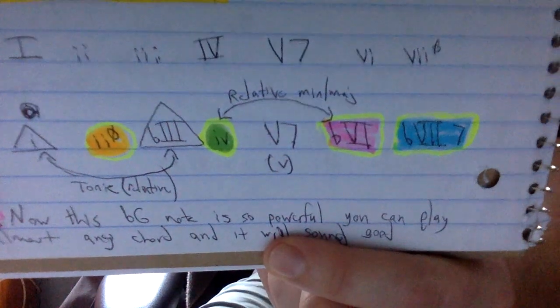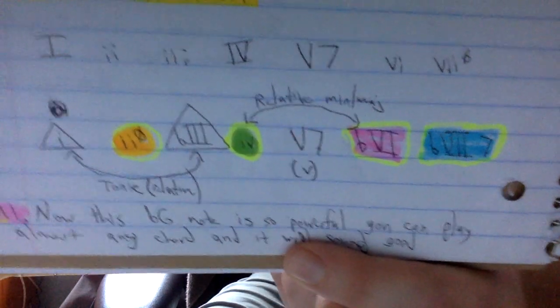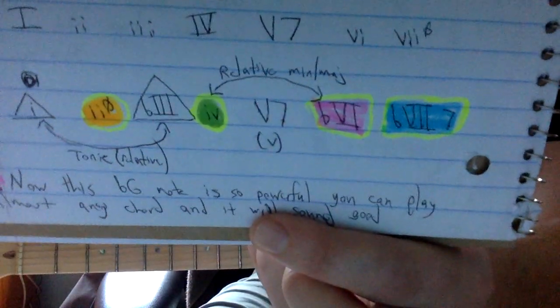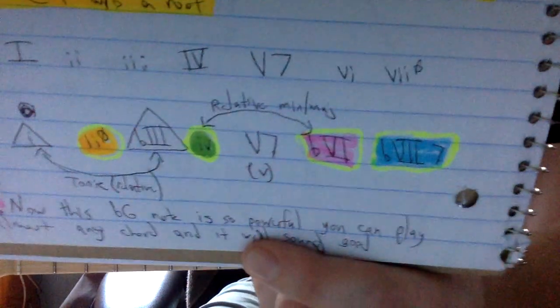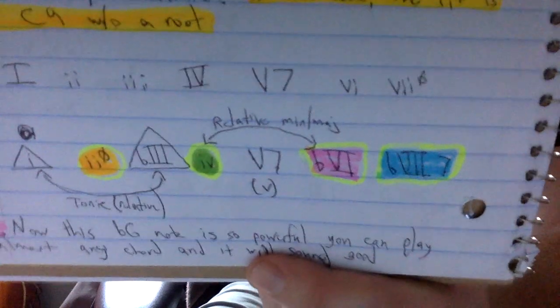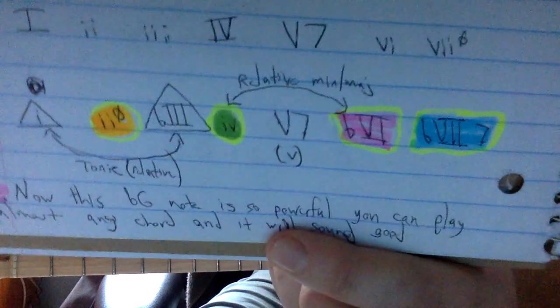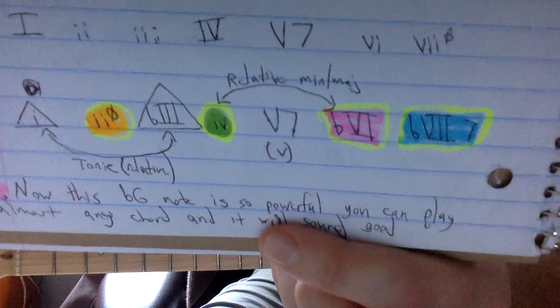I'm going to show you a picture right now, just how I like to think of this. Here, check this out on the bottom. So, this is your parallel minor scale, and the chords I highlighted are going to be all of your family of minor subdominants. And I also just say the minor scale only has like 3 different chords. It's got these 4 minor subdominants which have notes in common with each other, and then the 1 chord in the minor is basically just the same as the major chord